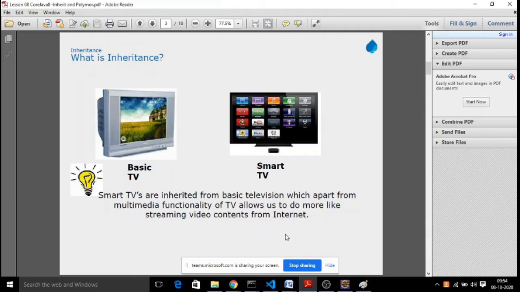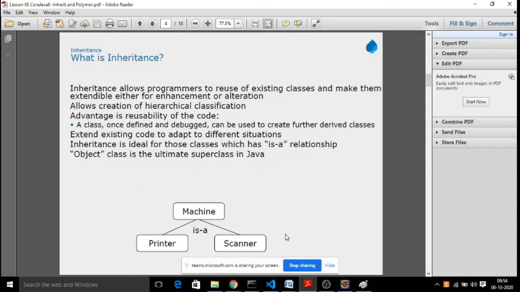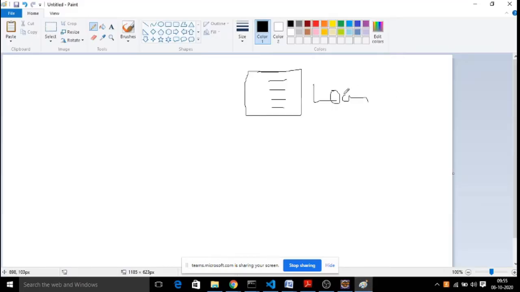So that is how in application development also, whenever we want to go with a new application with new features, we must have the inheritance concept. If there is no inheritance, we cannot acquire the properties from another class. For example, I have a class called loan.